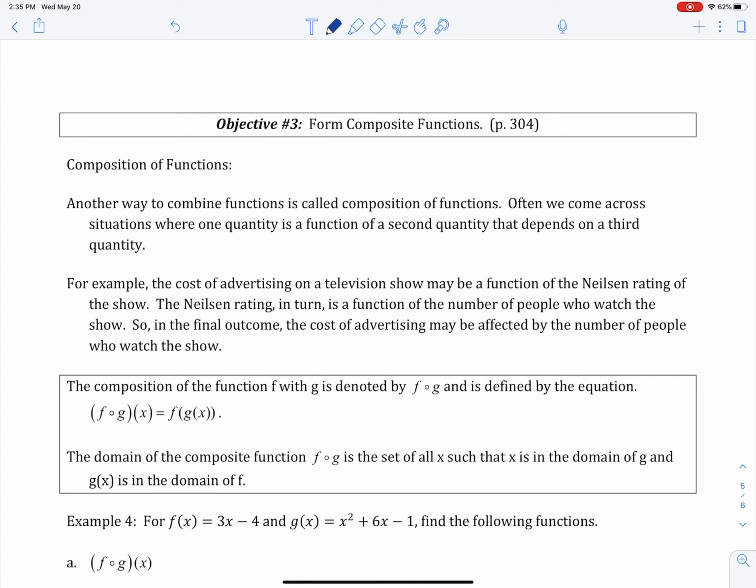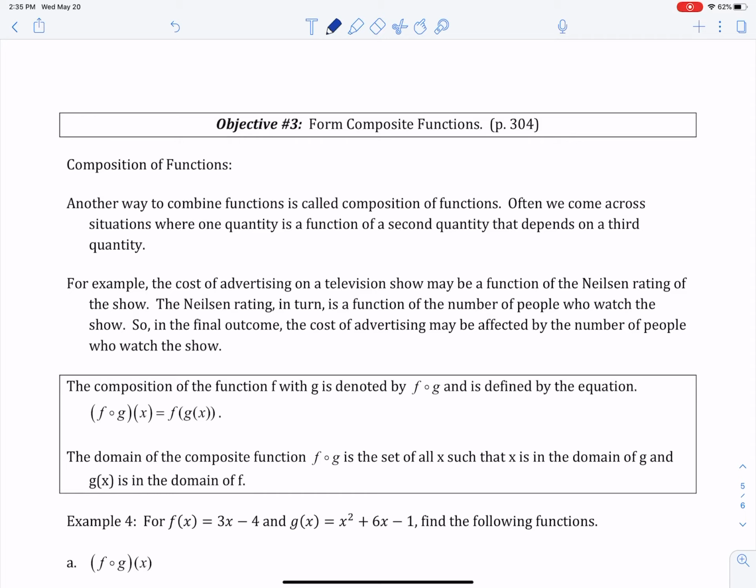In the last video of this section, we're going to be talking about composite functions. Composite function is another way we can combine functions. Often, we come across situations where one quantity is a function of a second quantity that depends on a third